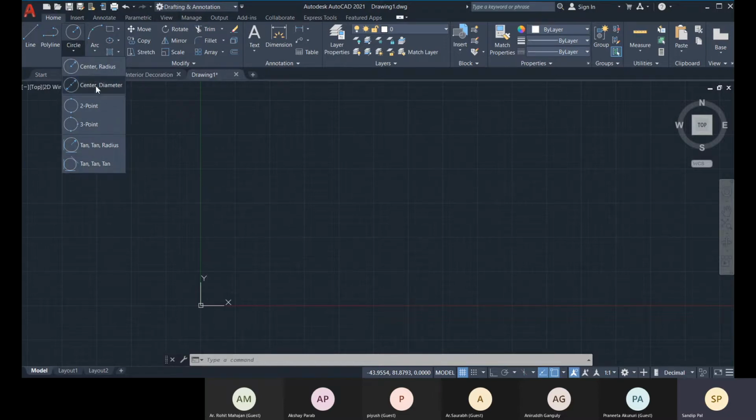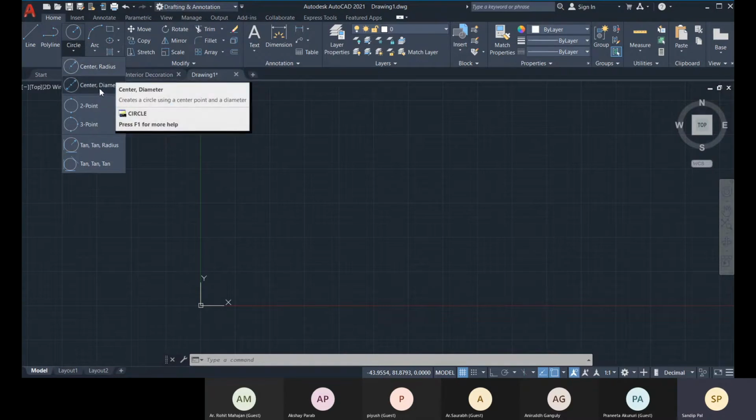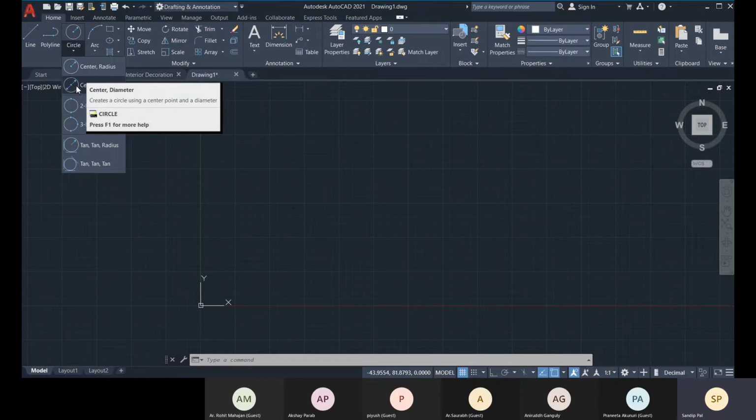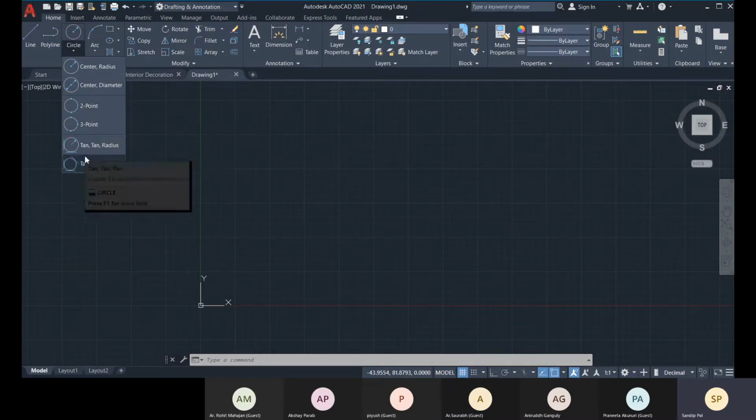Okay, you can see the first option in this category is Center, Radius, and the second option is Center, Diameter. Means first you define the center and then the radius, and for the second option the center and diameter. And then 2 Point and 3 Point, and then Tan, Tan, Radius.